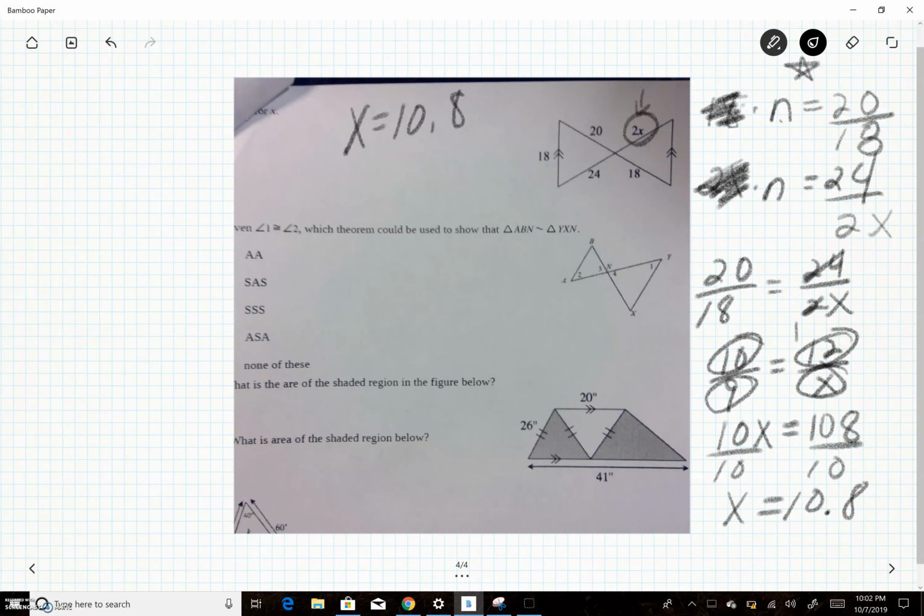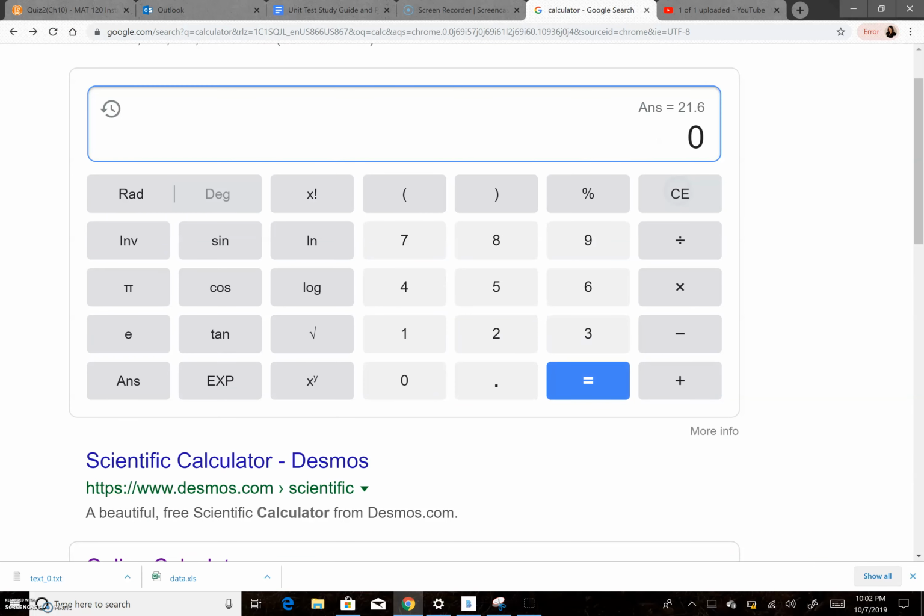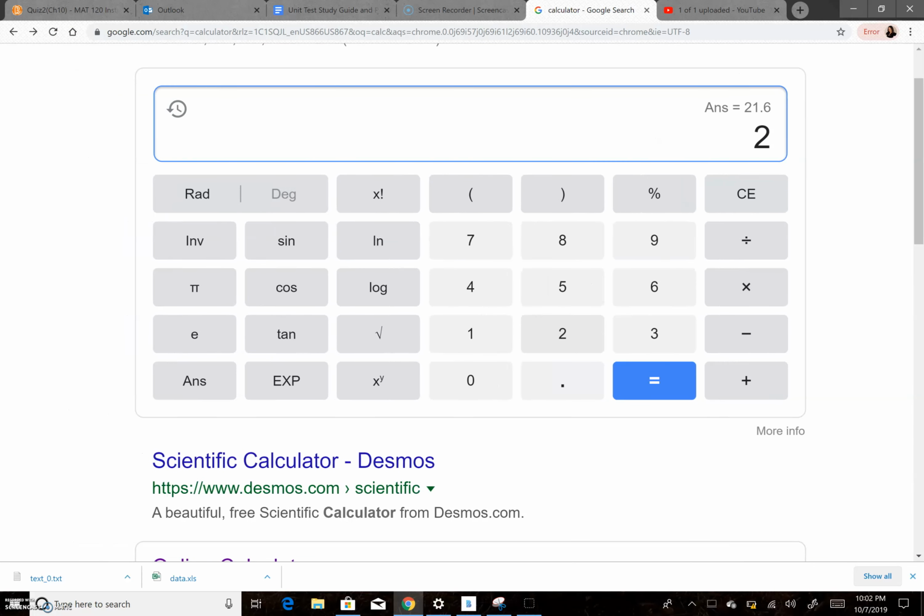So this side is going to be 21.6, which means we can figure out that n, right? There should be some value. If I multiply 21.6, I get 24. And if I multiply 18 by that same number, I get 20. So how do I figure that out? Well, I can just divide. So what is 20 divided by 18? I'm just checking my